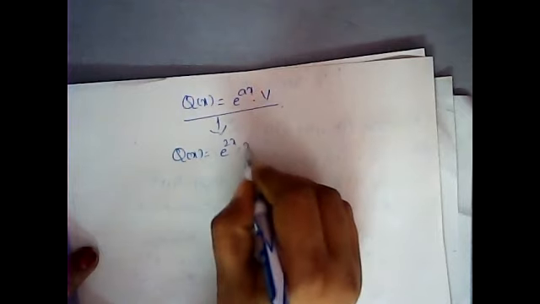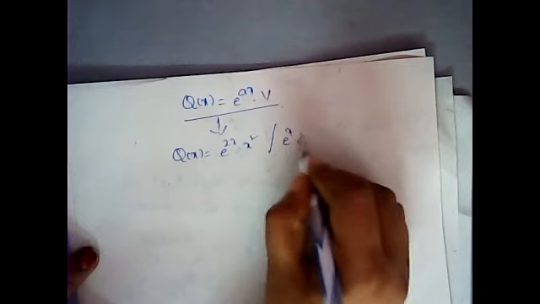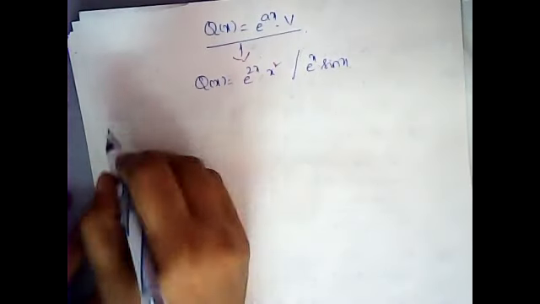Okay, now let us see, suppose if the q of x is in the form of e power ax into b method. Okay, e power ax into b method means here the q of x combinations will be given to you in this way. So where the q of x will be given to you in the form of e power 2x into x square, okay, or it may be given in the form of e power x into sin x. Okay, in this way the question will be given to you. Okay, e power 2x into x square or e power x into sin x. Now let me do a problem based upon this.